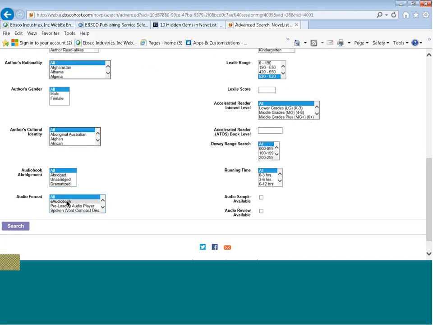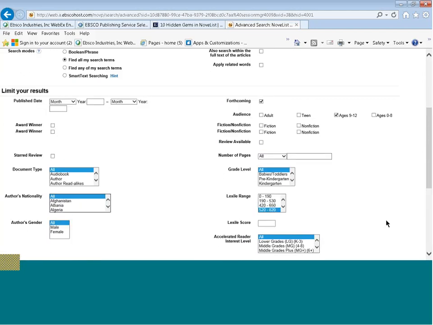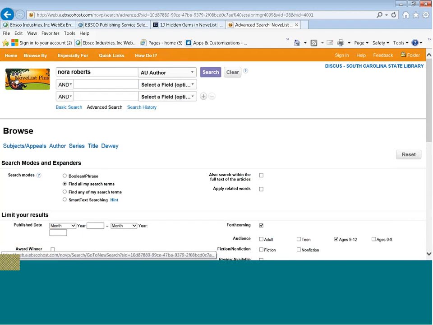And these are the audiobook limiters, especially this popular one when, as summer comes up and your patrons are taking road trips, they may say, I need a book that'll last 6 hours, and it's on horses. You can enter horses at the top of the page in the Find field and find an audiobook that matches. The audio format, the abridgment, there are even audiobooks with samples available that you can listen to and reviews available. So that's a lot to explore on the advanced search page.